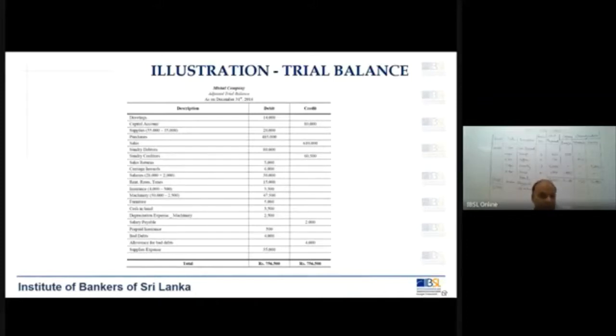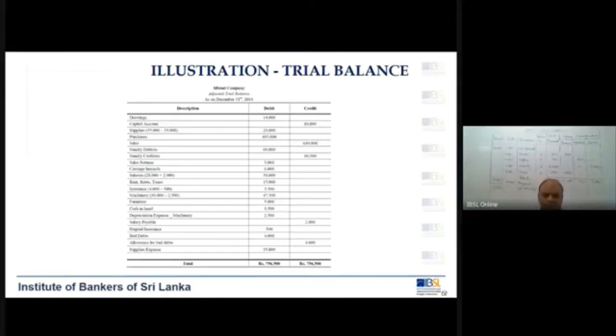But it doesn't mean the accuracy of the transactions that you have performed or posted. It will only say that the totals of your debits are equal to the totals of your credits. So which means you have followed the double entry principle merely from the perspective of debits and credits being equal. But it will not say whether you have posted it to the correct account or whether you have made any error in posting the amounts. No, those are not detected.